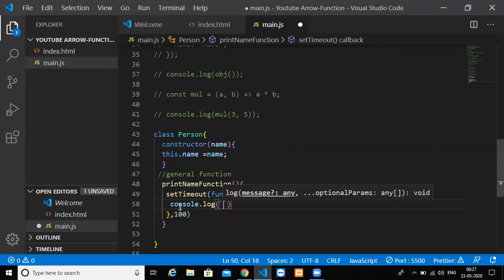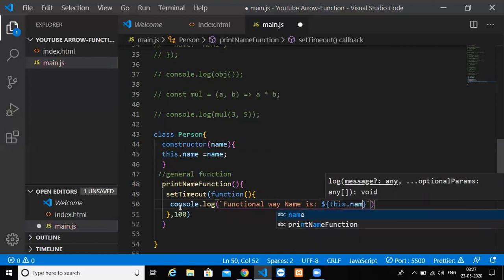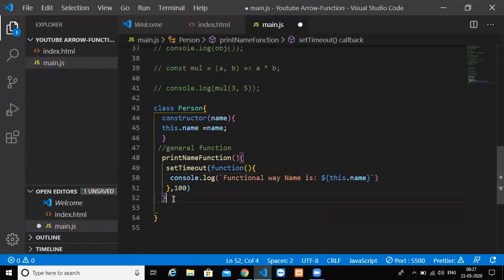I will use backticks and say functional way name is, and then pass the value this.name. What does this.name do? This.name has to give you the name of that object. So this is one way of doing this.